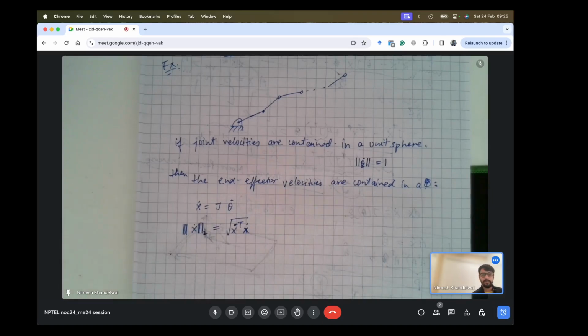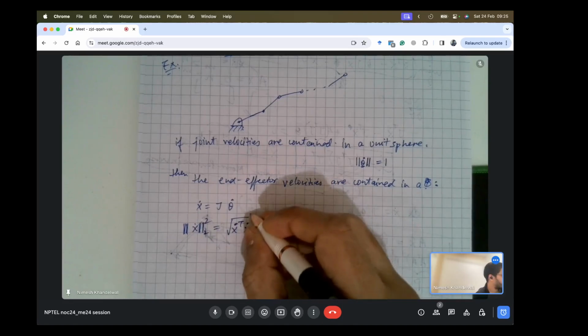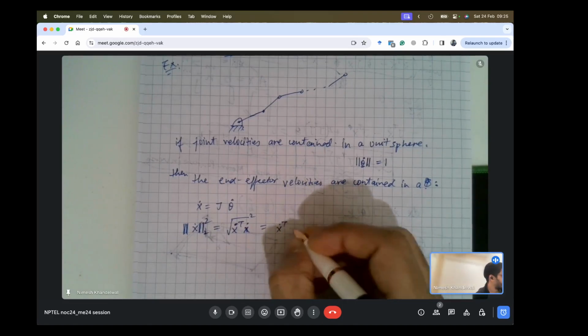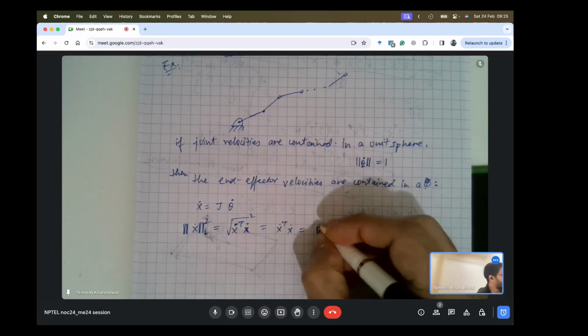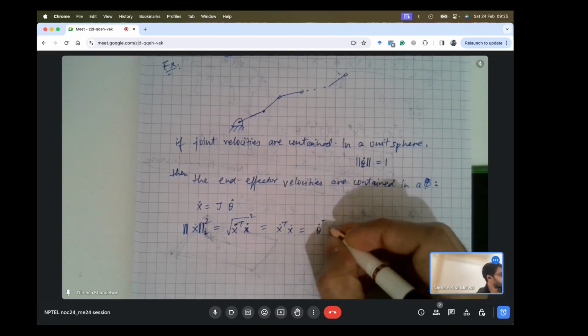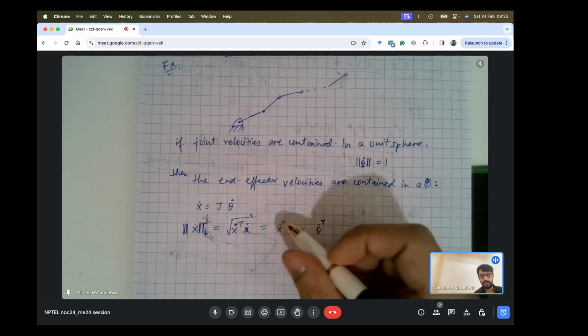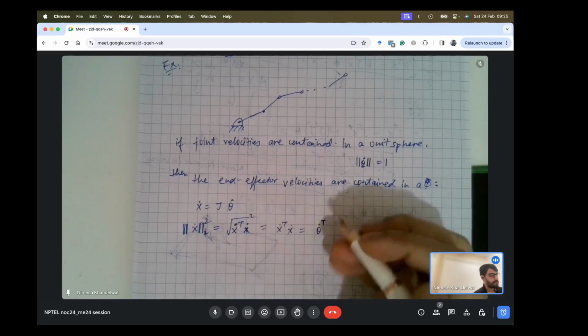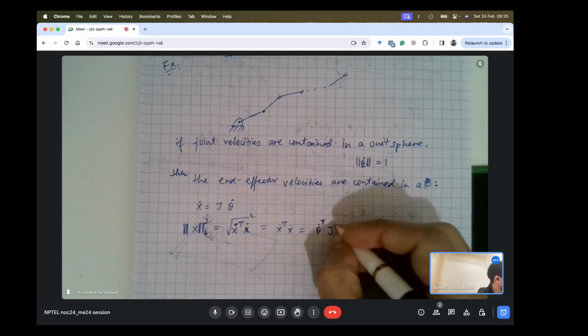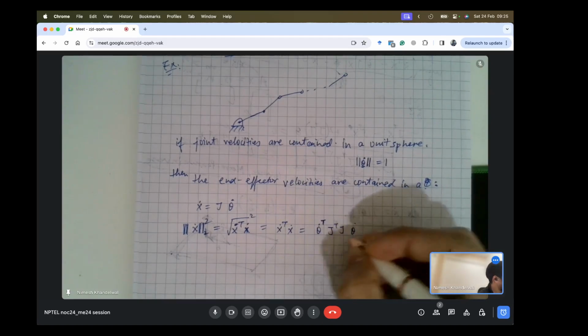For now, what we can do is take the square of this. Okay, so we just get x dot transpose x dot. Okay, now if we put this expression here for x dot, we get this,